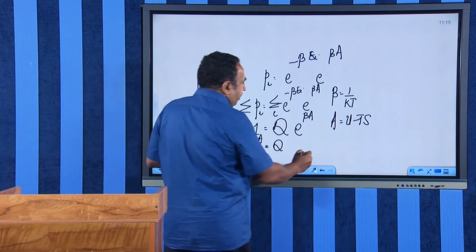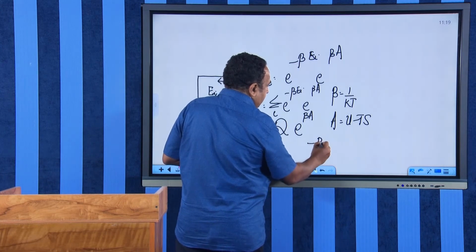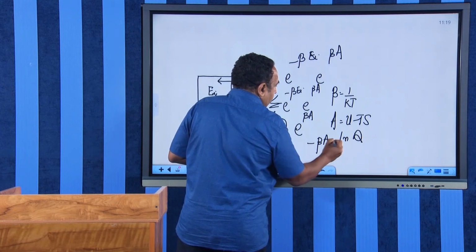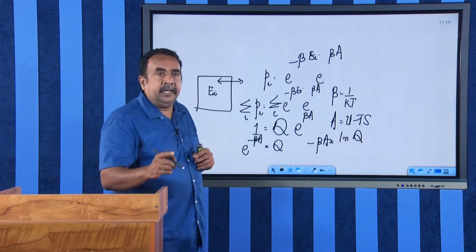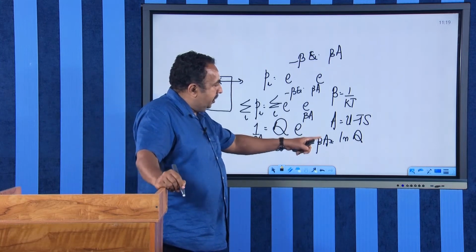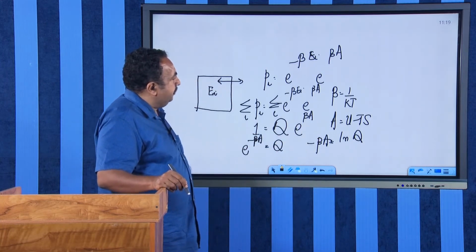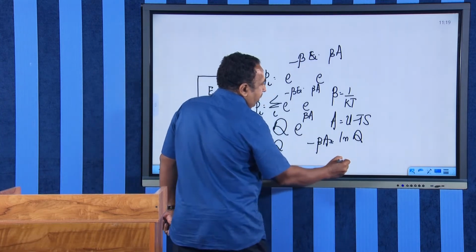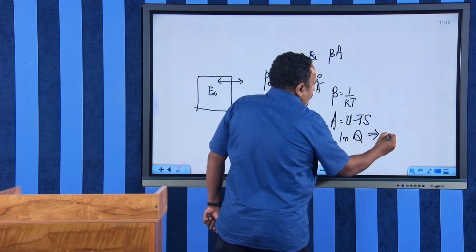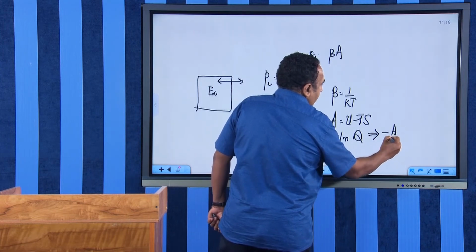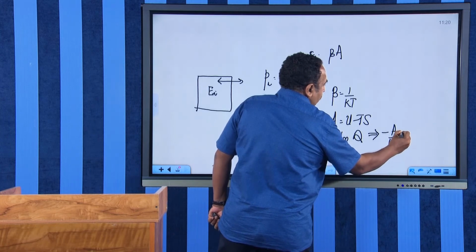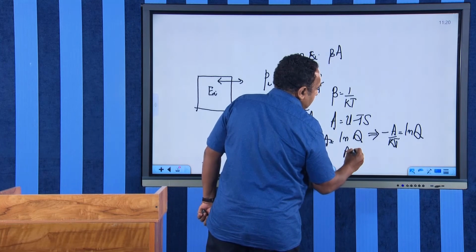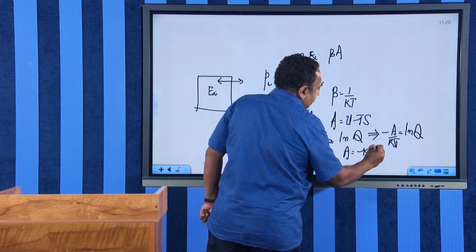Now, I take logarithm on both sides. I will get minus beta A is equal to log Q. Remember, this logarithm is not logarithm to the base 10. It is the natural logarithm, that is log to the base e. Sorry. Therefore, beta is 1 upon kT. Therefore, I can rewrite this expression as minus A by kT is equal to log Q, or I can write A is equal to minus kT log